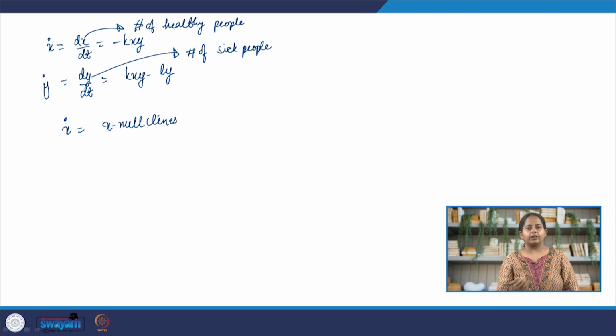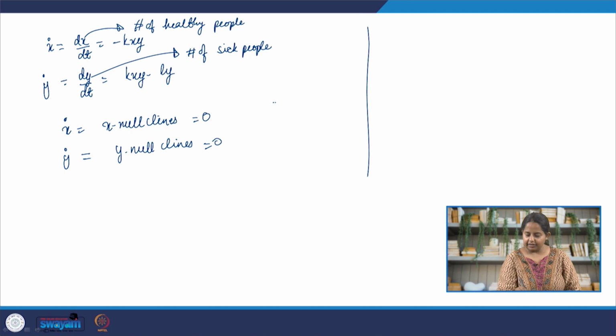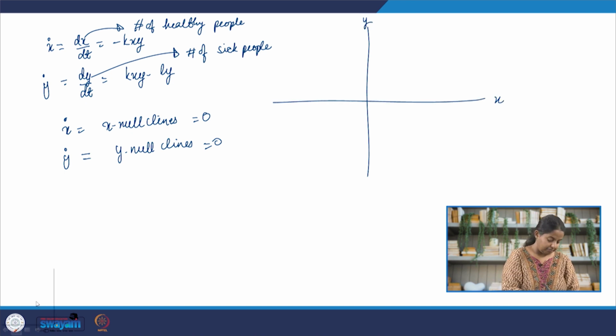Nullclines are a brilliant way to get started, to understand how the system is flowing before we find out the Jacobian and before we find out the fixed points and understand their behavior and the flow around the fixed points. And the y Nullcline would be when the y derivative is equal to 0. So in the last lecture, we discussed how the Nullclines look, and if x is on the x-axis and y is on the y-axis,